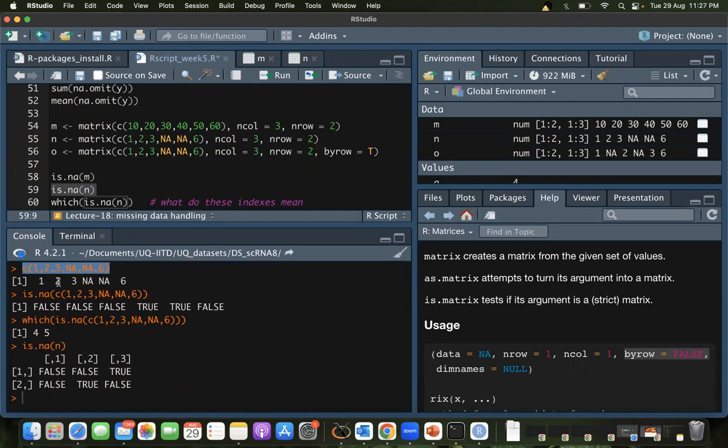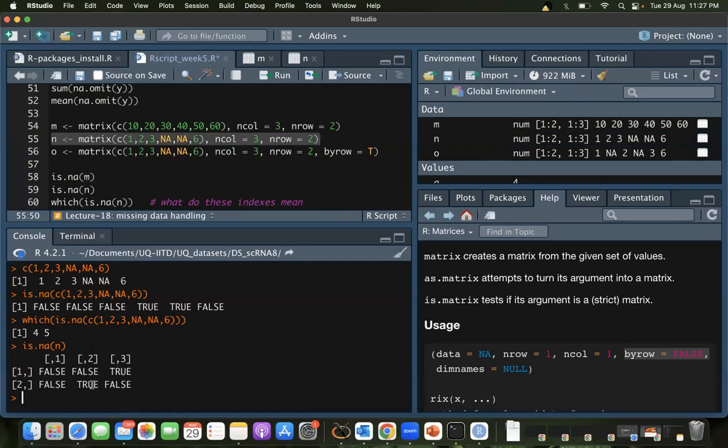There was a vector, a simple vector. We saw examples with X and Y initially. I say in this vector, which positions are NAs. This is what this command is doing. So it tells me in this vector, positions 4 and 5 have NAs in them. Okay, good. Now I use the same vector and I make a matrix out of it. When I was making the matrix, I gave it that vector. I said there are 2 rows and 3 columns and you fill it column-wise. So byrow was FALSE, which means it's filling it by column. 1, 2, 3, 4, 5, 6.